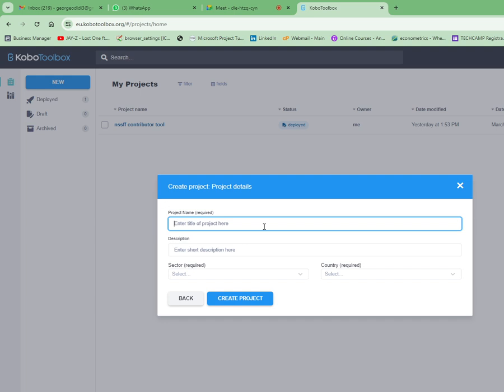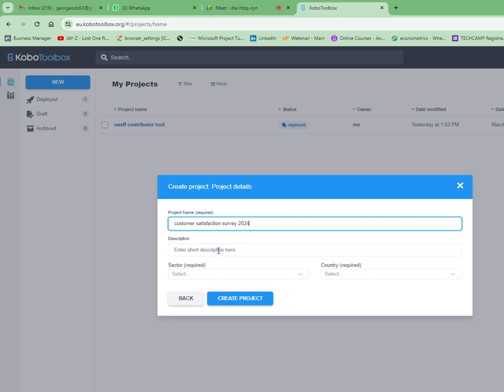I also mentioned that if you're doing a survey in Mogadishu but you are in Kigali, then you will write Mogadishu as the country where you're doing the survey. So for this survey that I'm doing, let me just write customer satisfaction survey